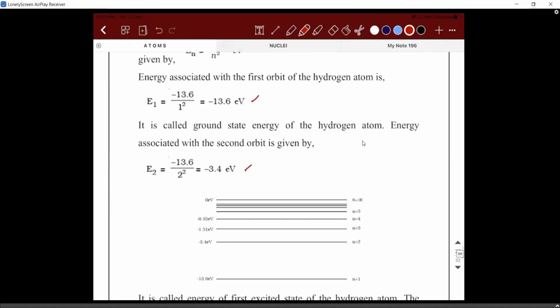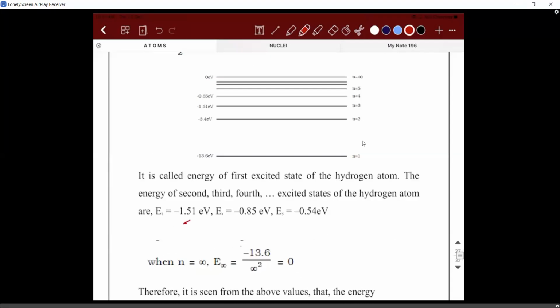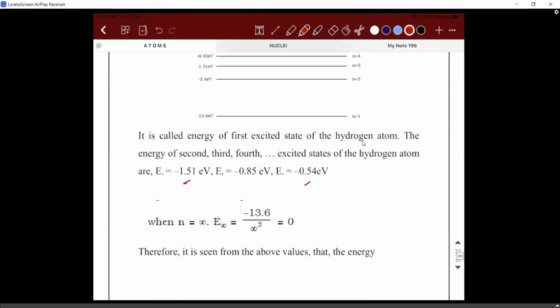Energy of the electron in the second orbit is minus 3.4. In the third orbit it will be minus 1.51. The fourth orbit is going to be minus 0.85 and the fifth orbit is going to be minus 0.54. Similarly, if it keeps on going, the energy of the electron in the infinite orbit is going to be 0. Infinite orbit doesn't really exist. It is out of the pull of attraction by the nucleus. If that scenario is attained, then the electron is out of the atom, so we are not concerned about it, right?